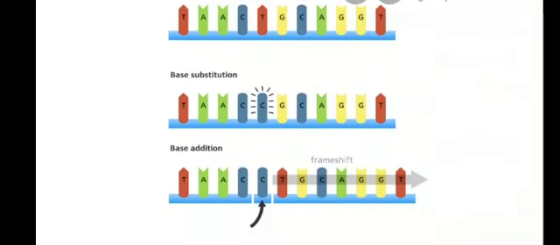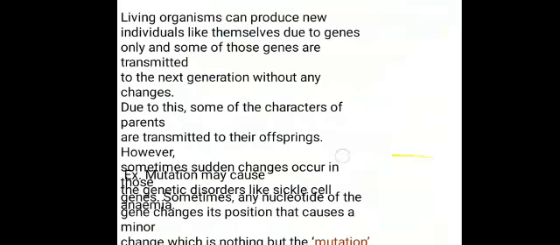We will understand this with the help of a diagram. See, the first figure shows the group of nucleotides: thymine, adenine, cytosine, thymine, guanine, cytosine, adenine, guanine and thymine. Suppose this is the basic sequence present, and we know that when we have to pass the characteristic, these genes need to pass as they are, or some genes may suddenly change.